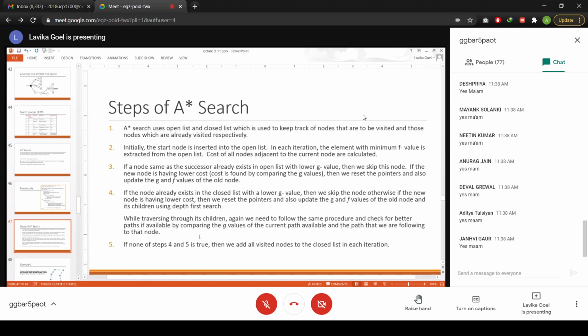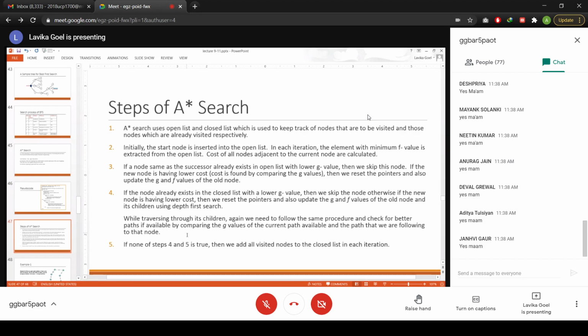If there's a duplicate node, you will check which path is better to that child. You'll compare the G values of the old path to that duplicate child and the new path that we are following, and see which one is better. You will reset the pointers accordingly. The same process you have to follow for a duplicate node occurring in the children also, right?